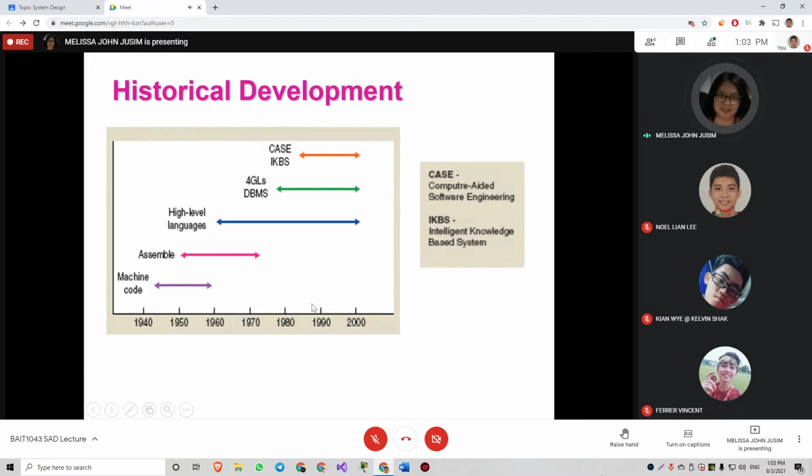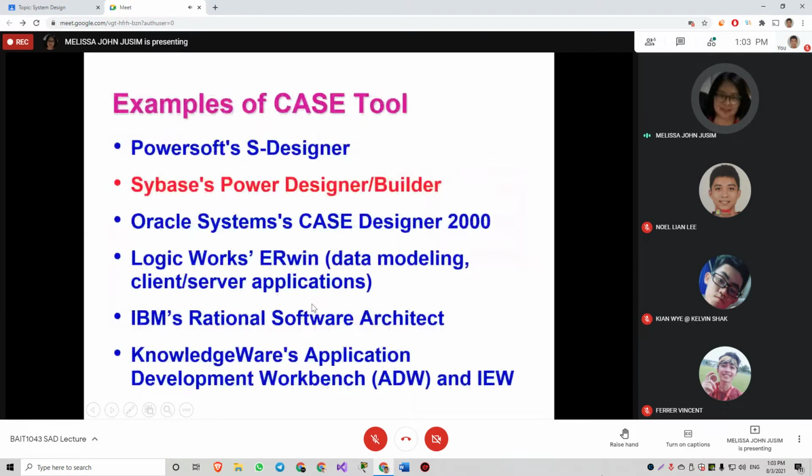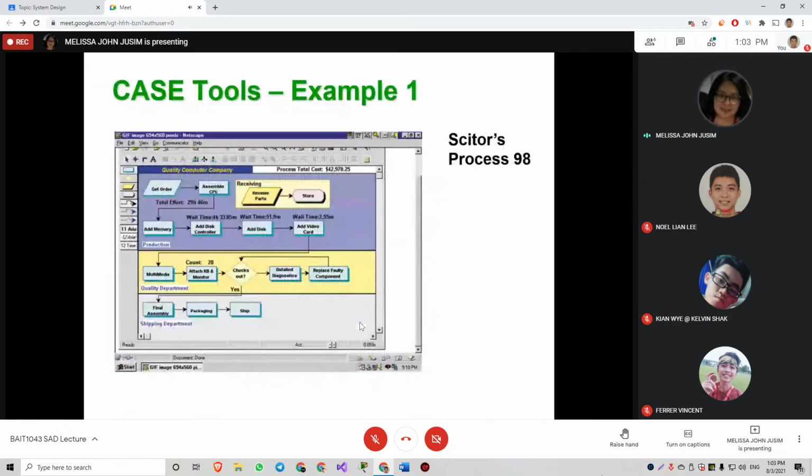Examples of CASE tools are listed here. Some of these are not the latest ones; you can see that this is quite old, look at the Windows logo.